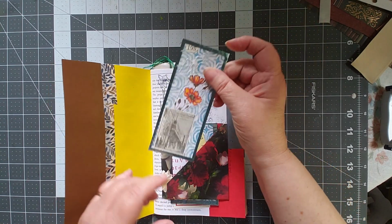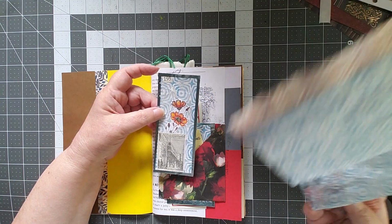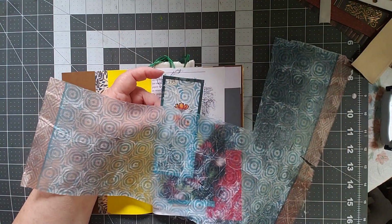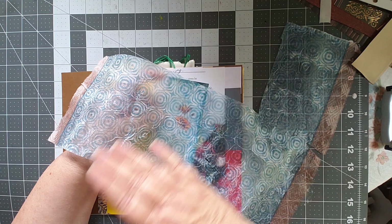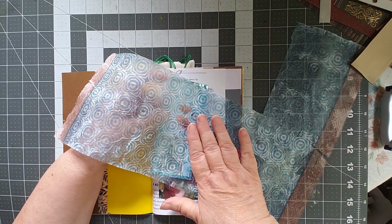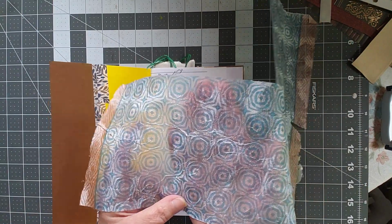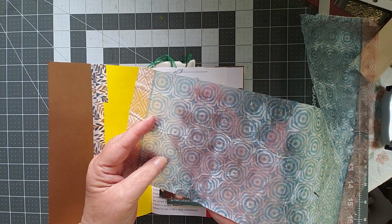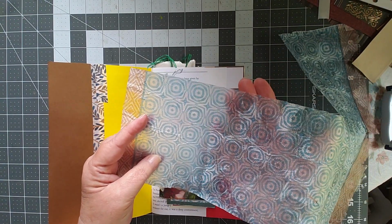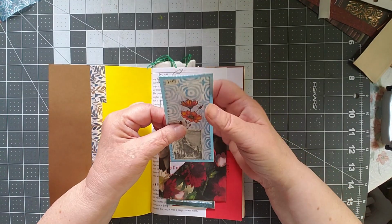And these journal cards are made from, let me grab it here, napkin. And all I did was I put the napkin down on wax paper, and then I Mod Podged it. I put the napkin down, I Mod Podged over the top, and what happened, you see how you could see my hand right through it? This was a white napkin, and all the white kind of went, and the whole thing went translucent, which I think is really cool. I ended up backing it onto a piece of white because I wanted to use it as a journal card